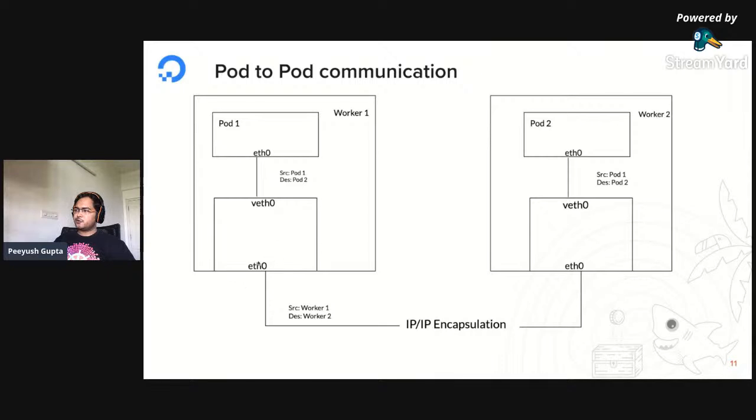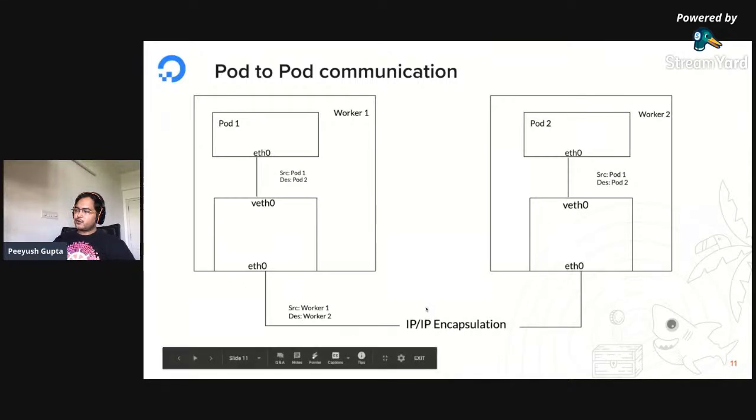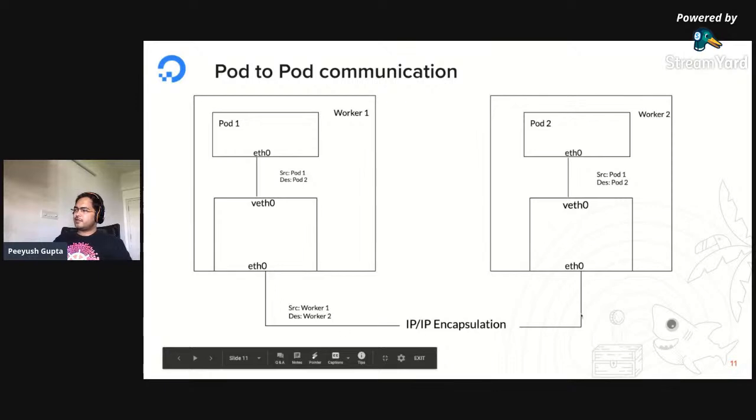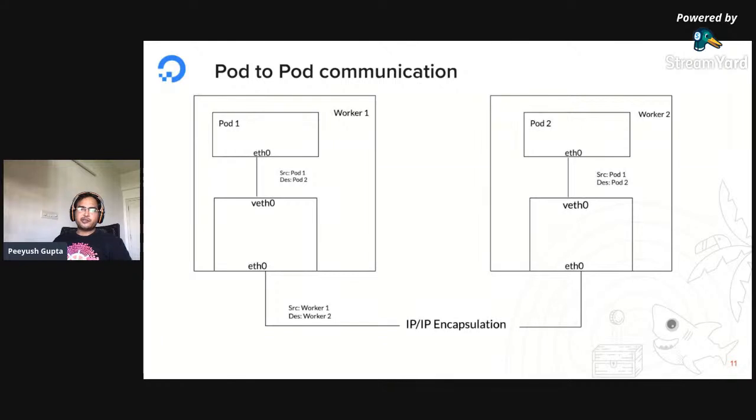So it goes to this particular interface, right? From there, what IP encapsulation does is wrap that packet in another encapsulation, or another umbrella, where the source becomes worker one and the destination becomes worker two. Now this can be routed via any network communication, because pod IPs are private, but these IPs are known to your network since these are VM IPs, right? So you can talk to the VM.